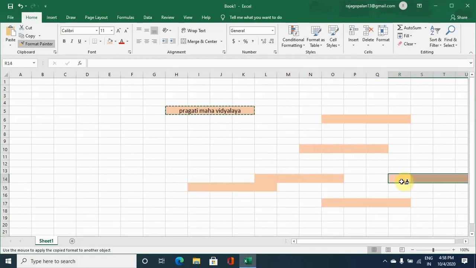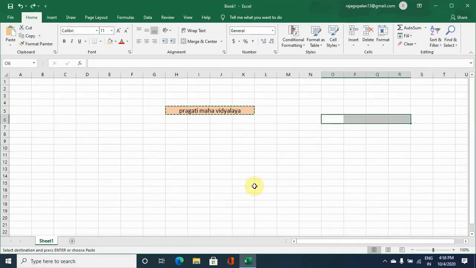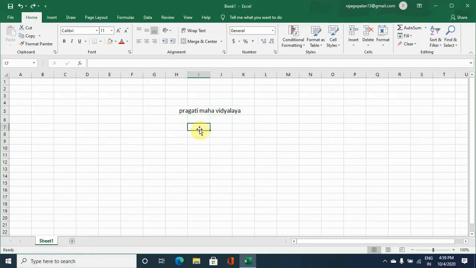Then to undo this, again click on the Format Painter, then the selection is undone. Now we will remove the selections here. So that is about copying format.